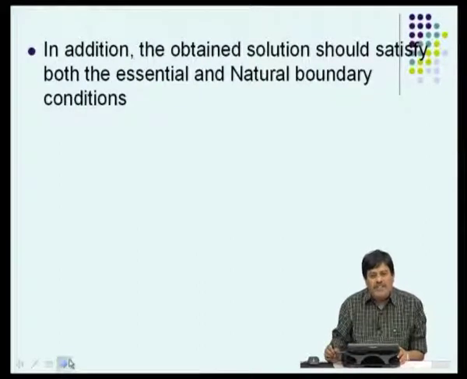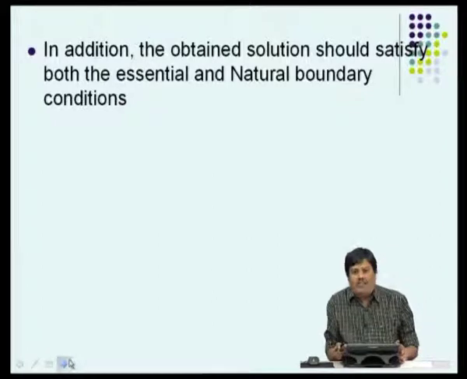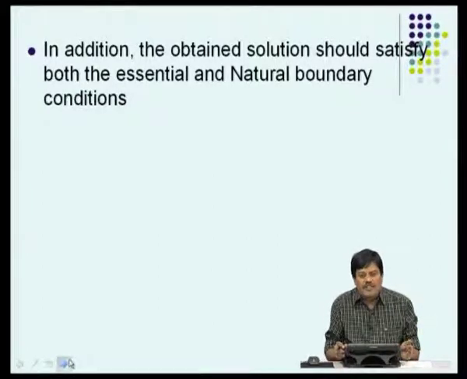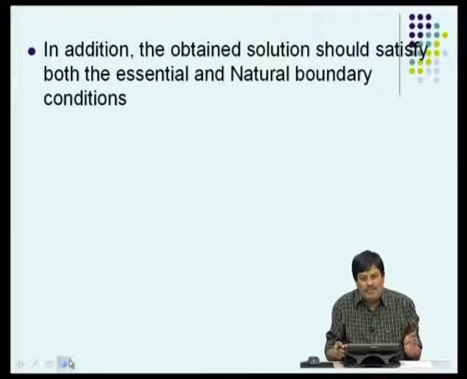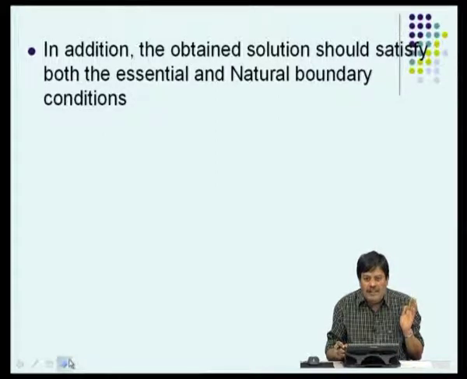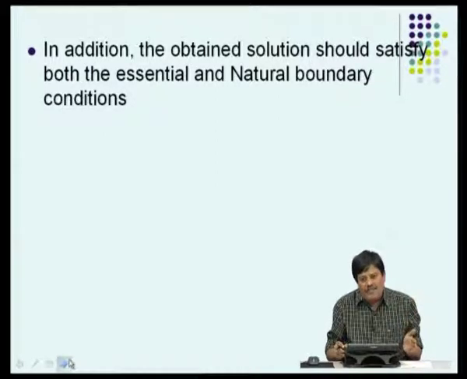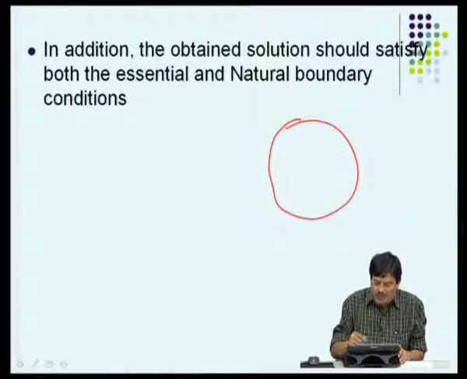So, in addition to having these 15 equations, the equations have to satisfy the boundary conditions. In the last class, we talked about the essential boundary condition, which is on the primary dependent variable. If we say displacement, it will be on displacement. And if it depends upon the derivatives of displacement, it is called the natural boundary condition or the Neumann boundary condition.